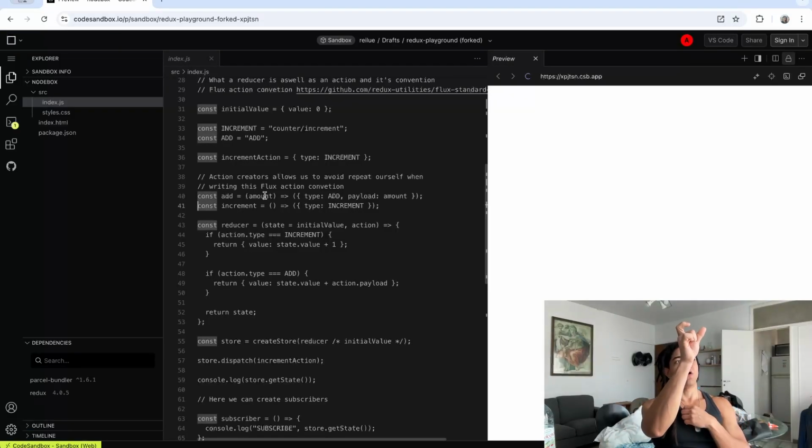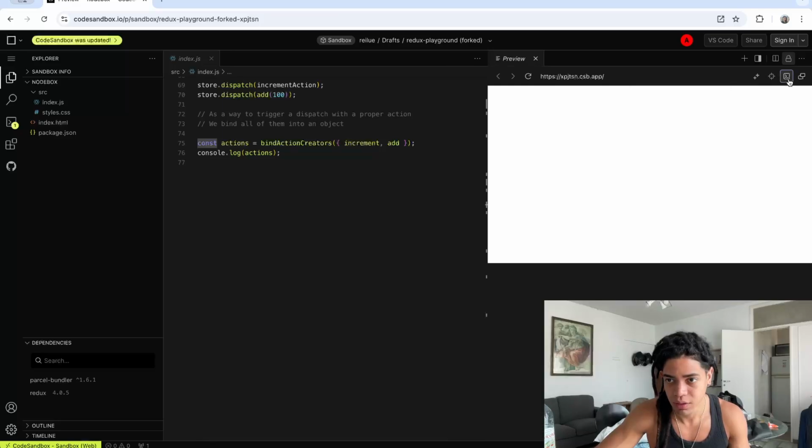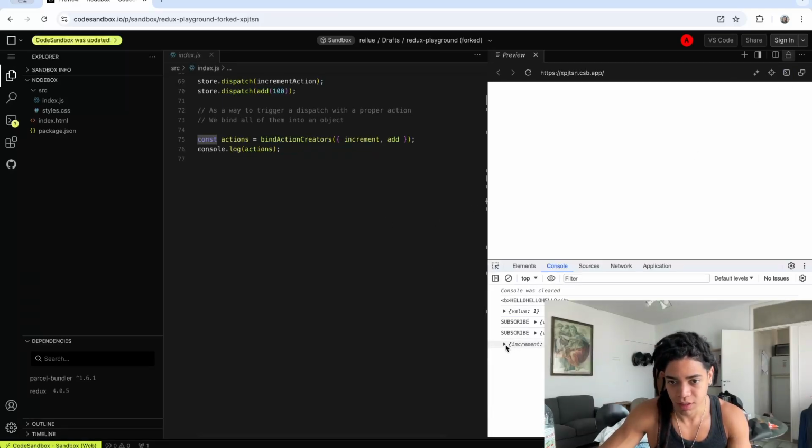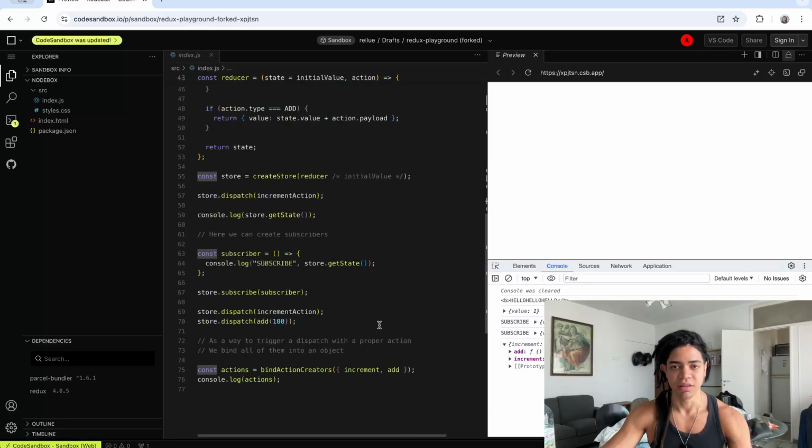You already have all of these actions in it, so you keep track of all of these actions here, and any time the update logic needs to